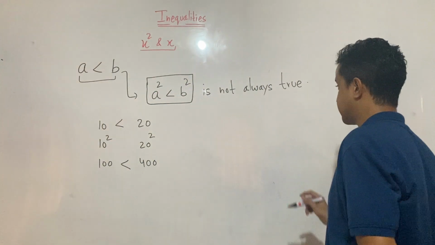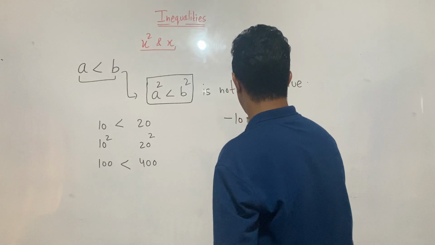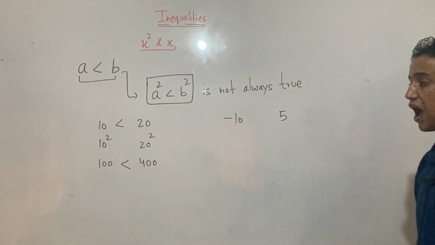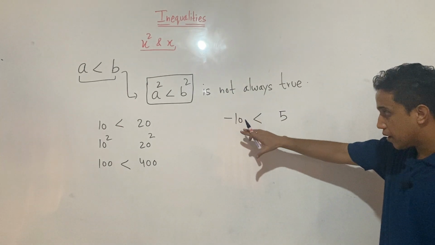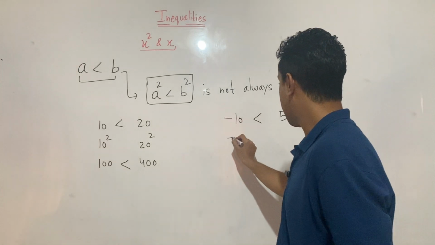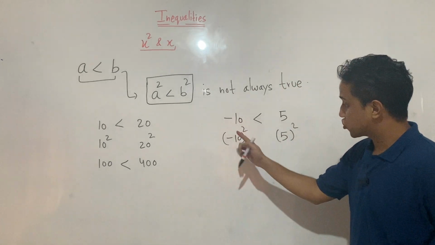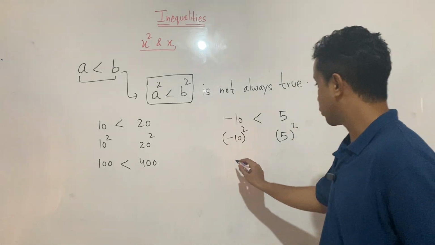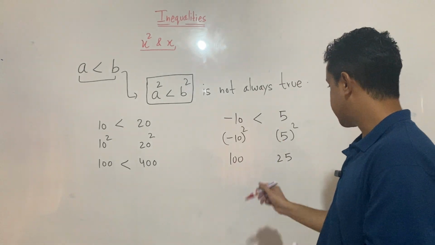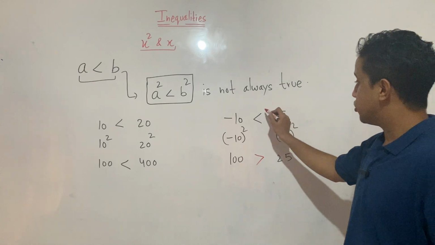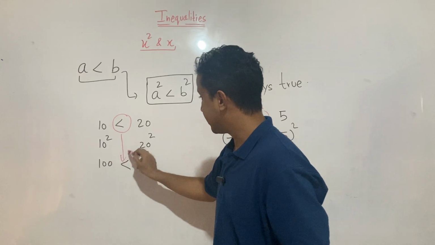Now let's take a different case here. I can say minus 10 here, 5. Now I know minus 10 is less than 5. Now if you do squaring both sides, then see how it's going to behave. Here 5 square. Now, square of a negative number is always positive, so this will give you 100, here 25. Now look at the sign of inequality. Now it is greater than. So here you can see that the sign is changing, and here we have seen that the sign remains the